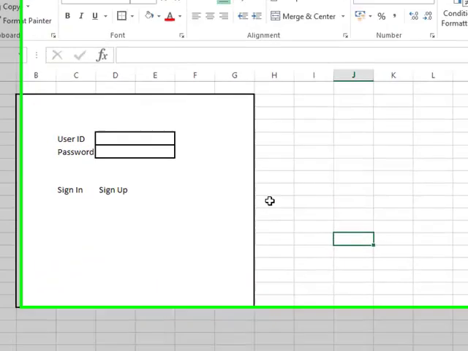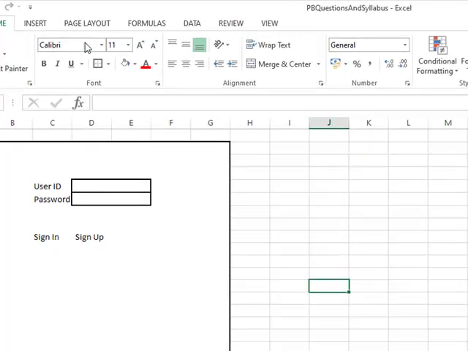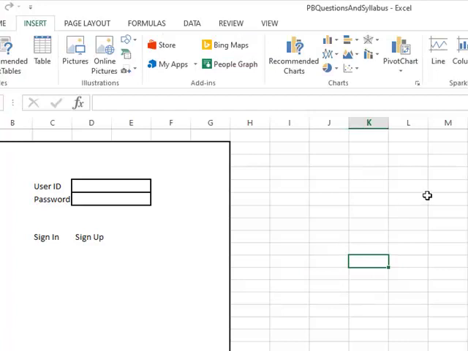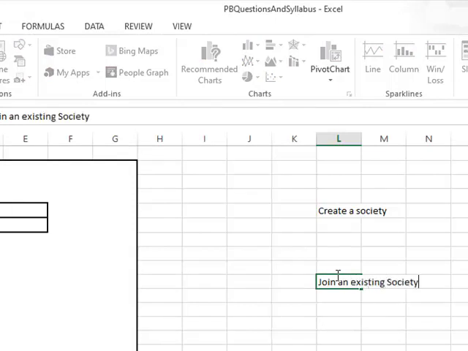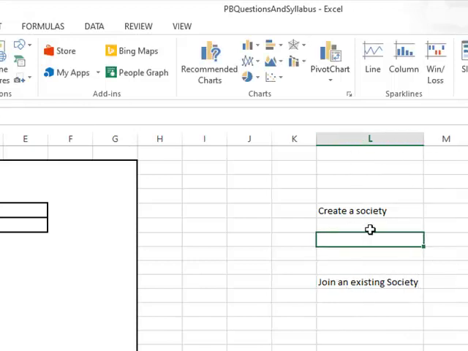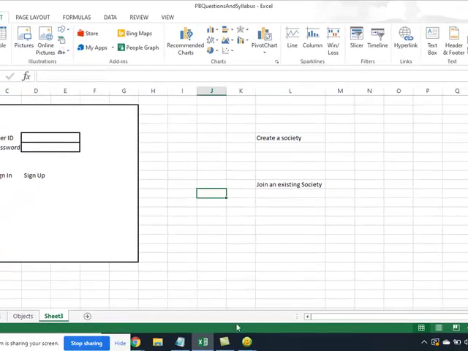There are 2 things, right? One is, after successful login, what you can do is, you can create a society, or you can join an existing society, right? Bhai ya to aapki society pehle se created ho, right, aur ya phir aap us society ko create karne ja rahe hain, right? So let's have 2 menus.